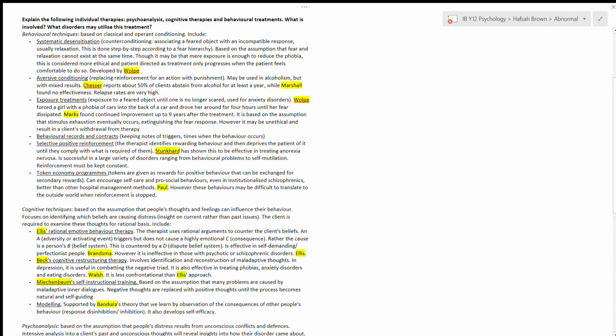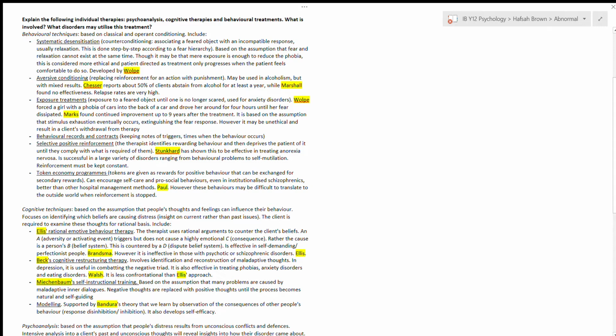So by no means do you need to know all of these, but I would suggest that you pick one that you will remember. So the one that I prefer is the first one, which is systematic desensitization. So remember, this is a behavioral technique, and basically what it is is counter conditioning. So you associate a feared object with an incompatible response, usually relaxation, and this is done step by step according